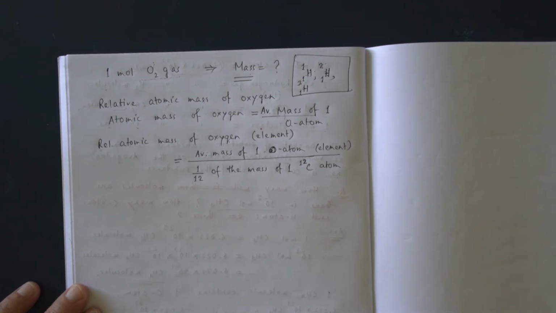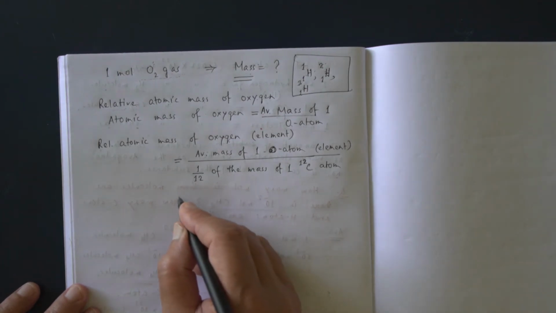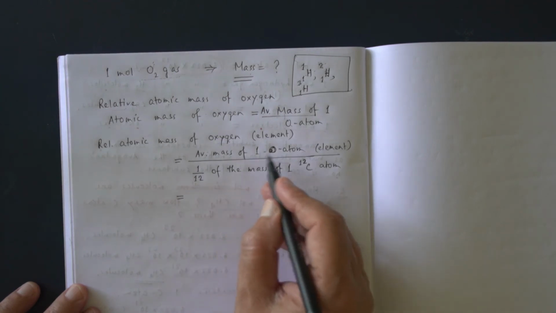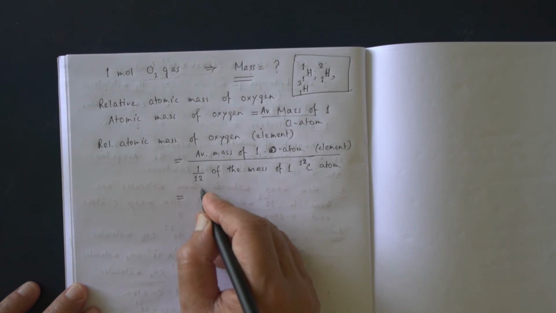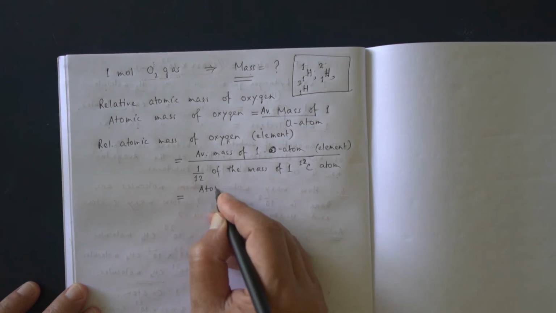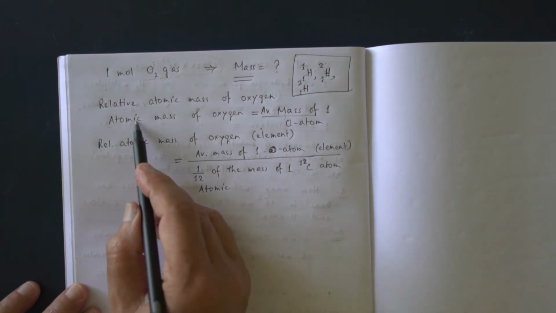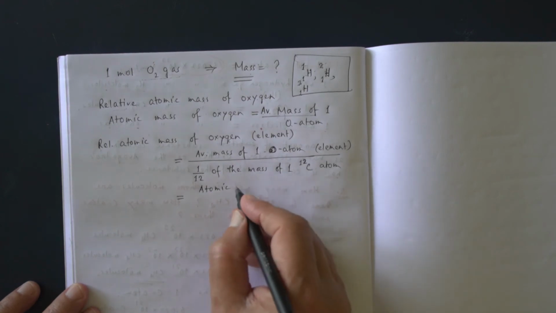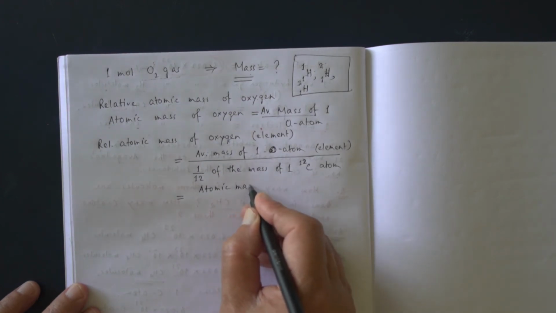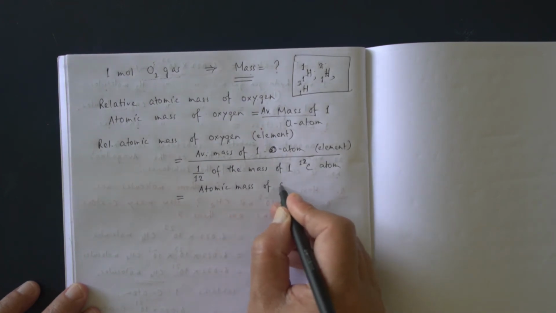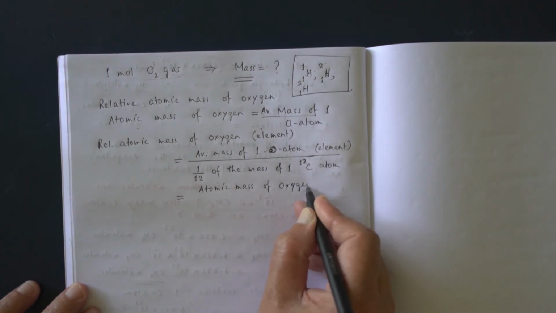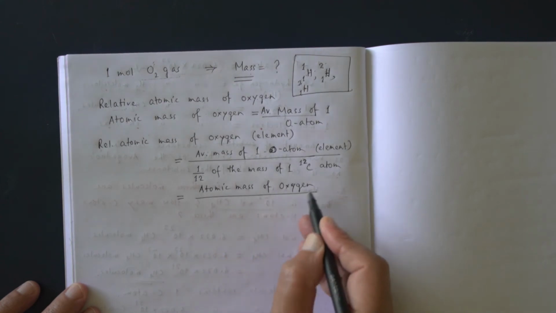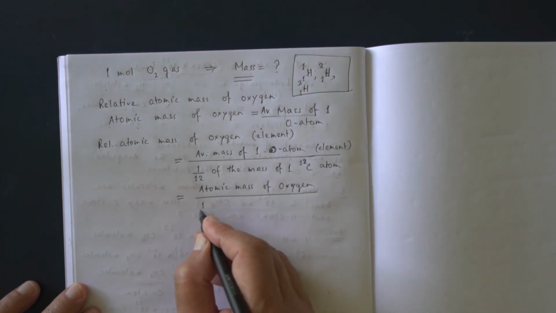Now what is this, the average mass of one oxygen atom? That is the atomic mass, atomic mass of oxygen. Now 1/12